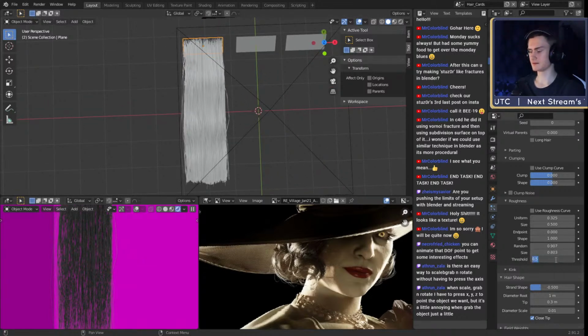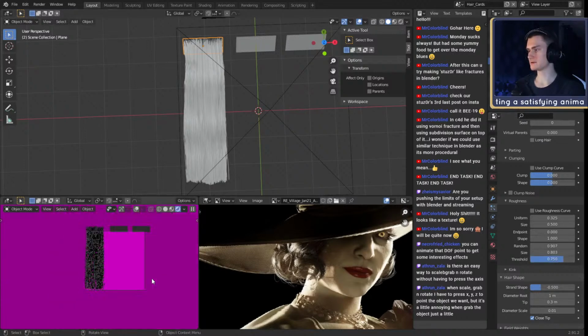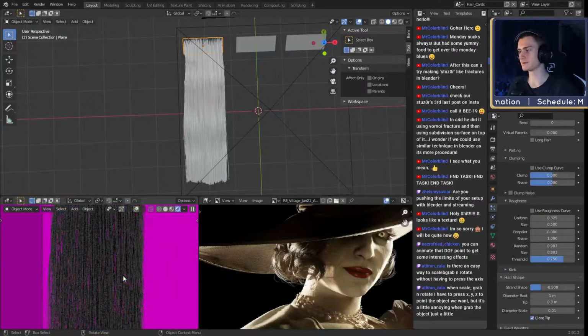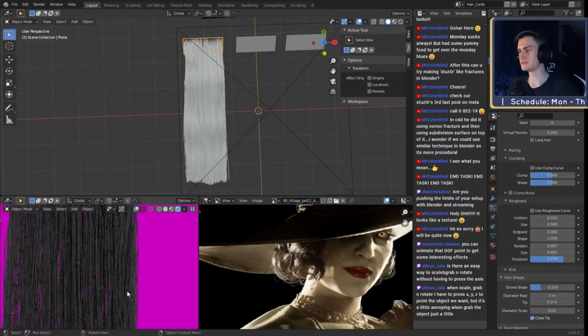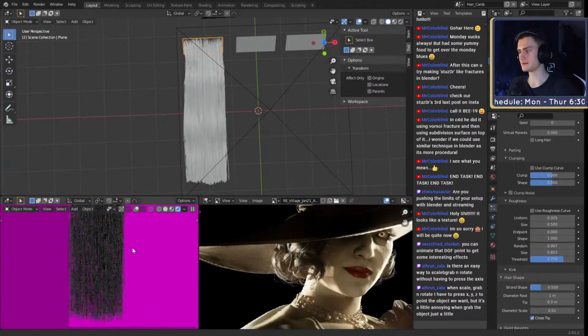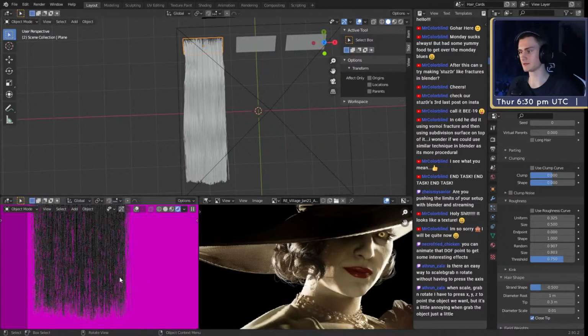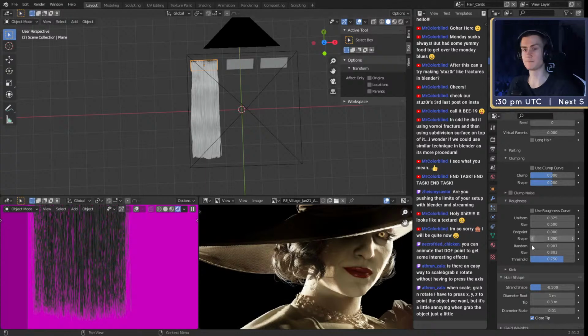I usually keep it at either 0.5 or something like 0.75. This is the base layer. We don't really see it in the end anyway, so we can keep it pretty low. This looks quite well. Now you can see some of these hairs deviate from the main flow, which makes it look a little bit more realistic.